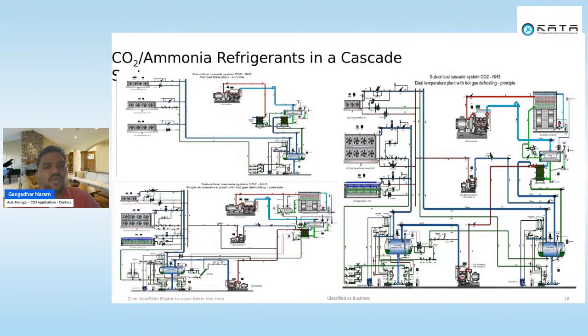But the only concern with ammonia is that it is toxic, because whenever it leaks to the atmosphere, it is dangerous to human personnel also, when the quantity of refrigerant is higher than a certain threshold limit. So suppose an industrial plant, for example a food processing plant, is in an urban area, with residential houses completely surrounding it. In between, you have a food processing industry where we cannot use ammonia as the main refrigerant.